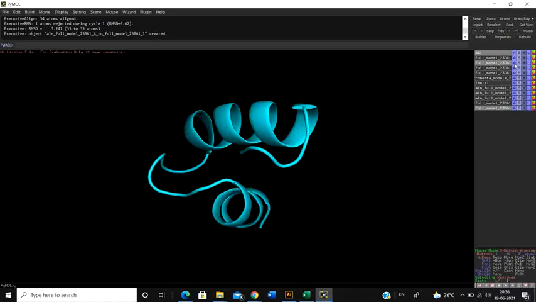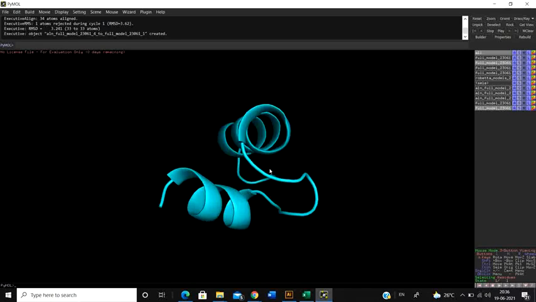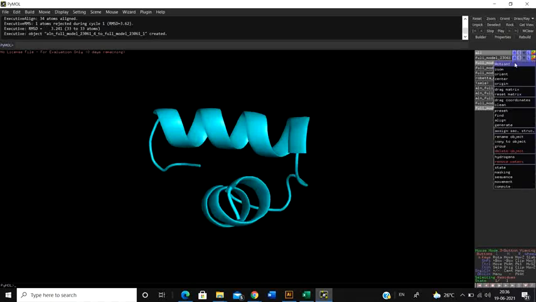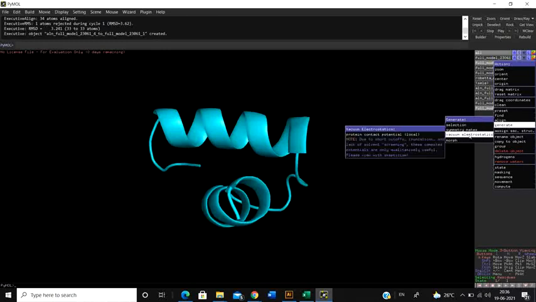Okay, now suppose you have this particular protein. Now you need to find out the protein contact potential, or the area in which you can actually dock the protein. How to do that? Click on A and then simply come down and click on generate. Then under generate you have the option called vacuum electrostatics, and under vacuum electrostatics there's an option called protein contact potential.